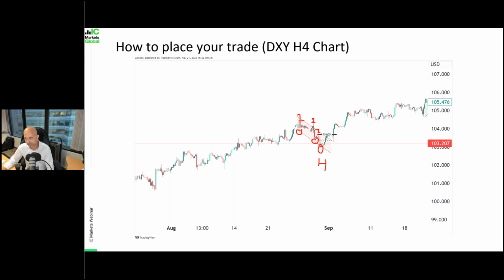and then price breaks, we can see price breaking above the high of number 3. Not only is price breaking above the high of number 3, it has actually broken out of the upper trend line of the bearish channel as well, right? So you can see price breaking above the high of number 3 and breaking above the upper trend line of the bearish channel to give us that confirmation of the change of character.